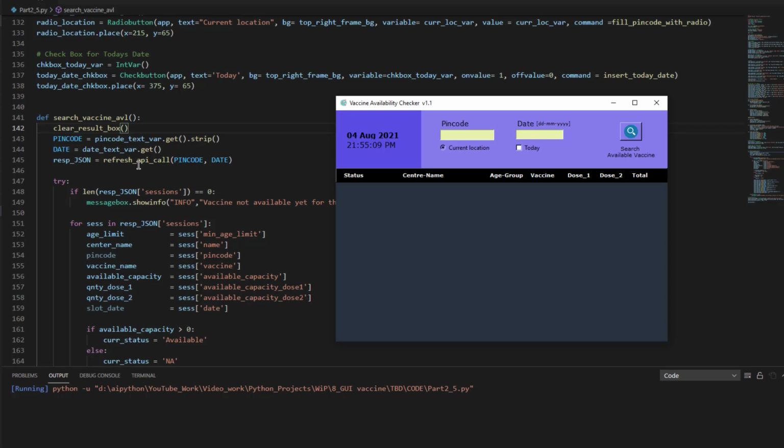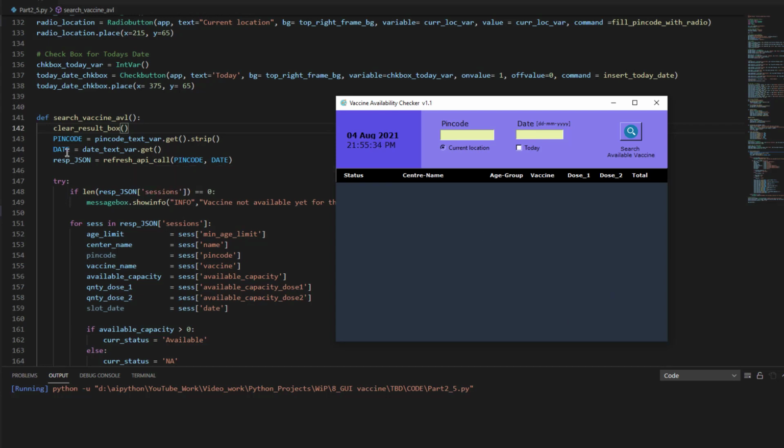But anyway, we have incorporated this one in such a way that even from the next run, when you click on this search button, this function gets activated, right? So this function is being called internally when you click on this search box. The first thing that it'll do once you click on the search box, it will delete everything from here. Right now, nothing is there, but I'll show you later.